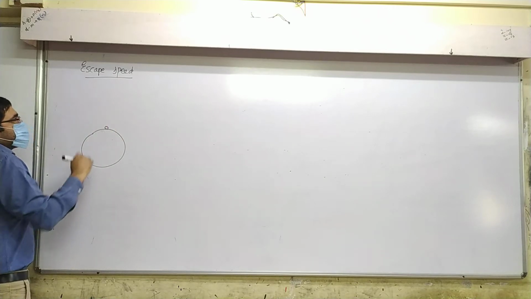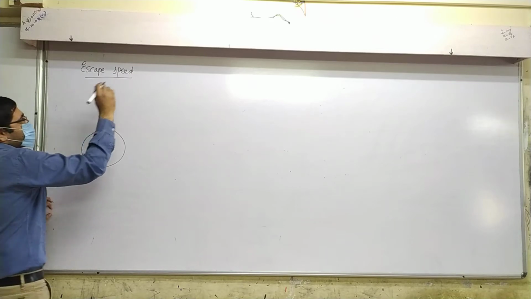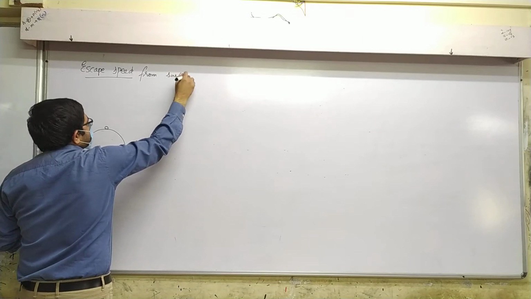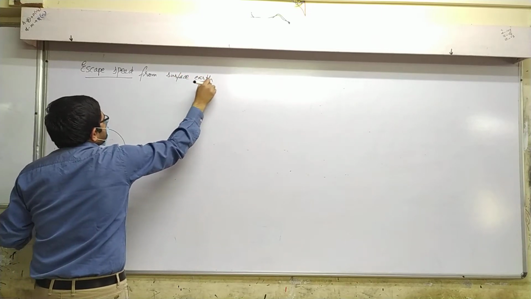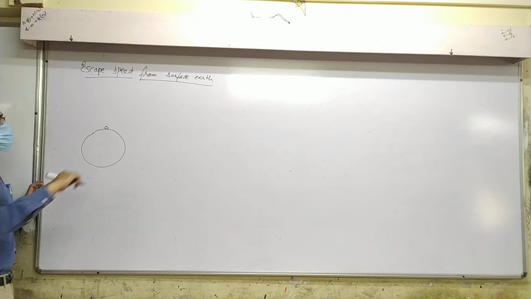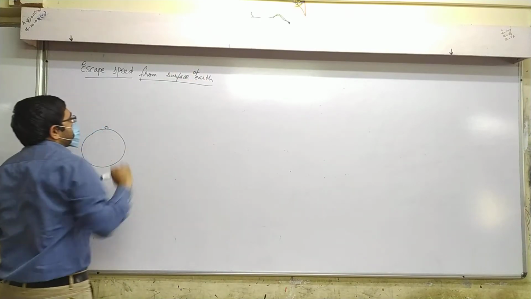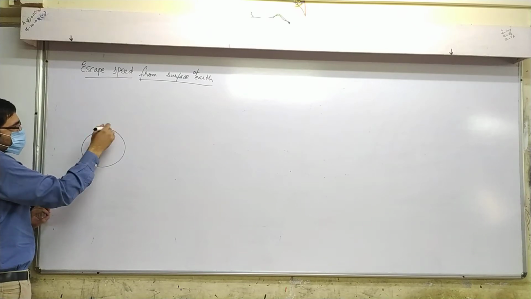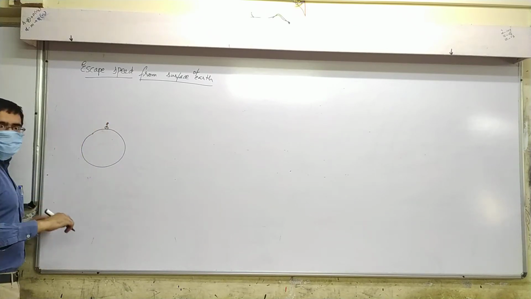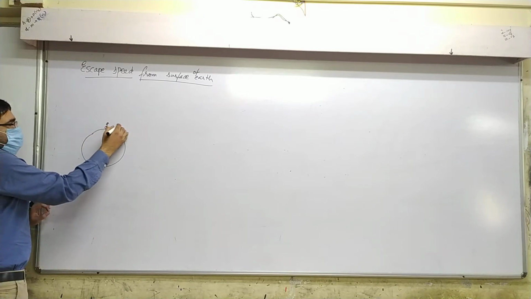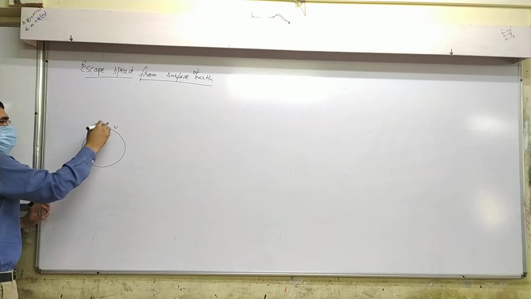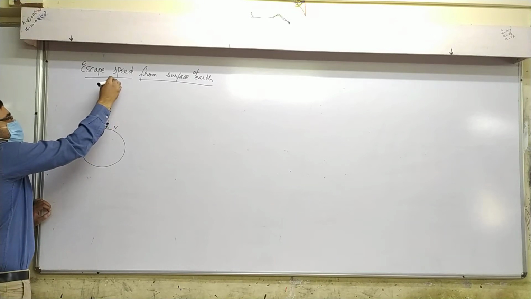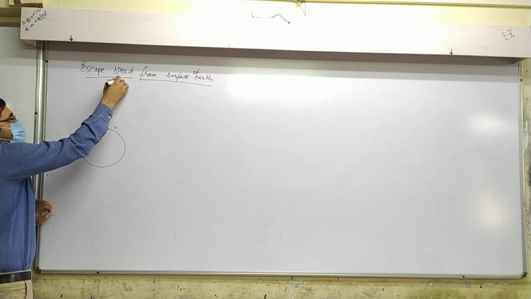Right. So right now we are deriving escape speed from the surface of Earth. That is, when you launch something from the surface of Earth, what is the escape speed? So let's say you launch it from here, the Earth's surface, with initial speed v, and it will go far. Let's say it reaches infinity.